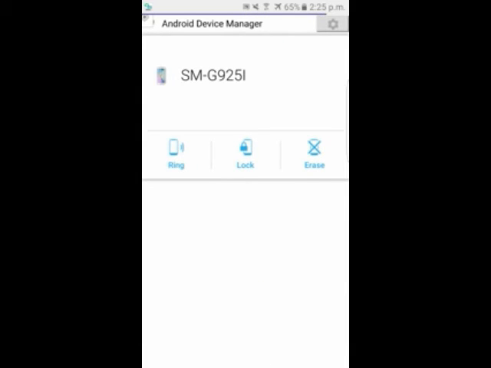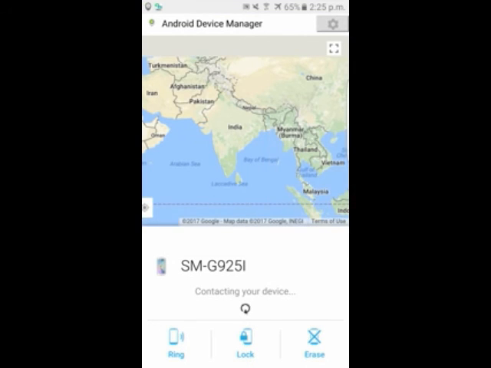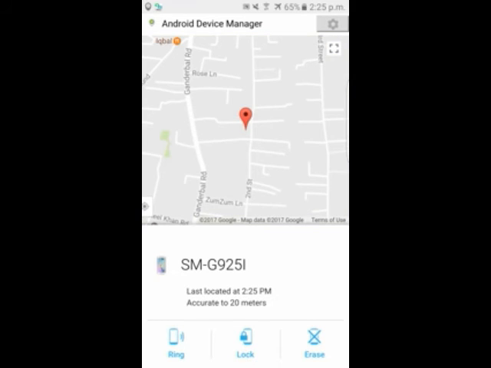When I have clicked on sign in, when your mobile is connected, there will be an option of contacting your device. If your internet connection is on on that device, Google tries to contact your device, and as soon as your device gets located and connected, from there you can click on the erase button.